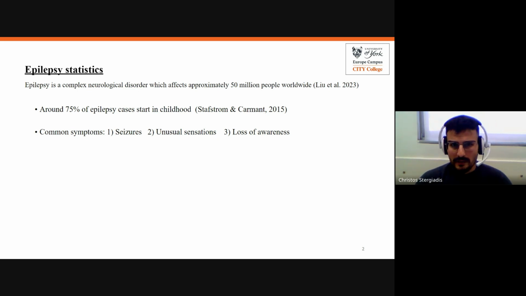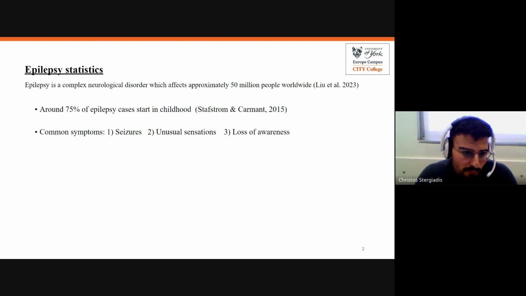Around 75% of the cases start in childhood, and this is in line with a child's brain propensity for seizures. All of us, at some point during our life, could and most possibly will have a seizure. It may not be that important, of course, but just the statistics of it, and linking to the previous question